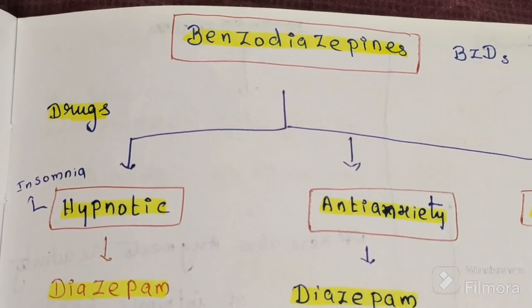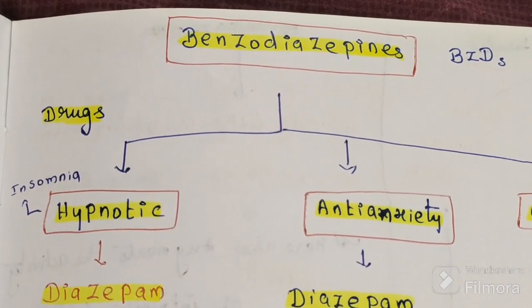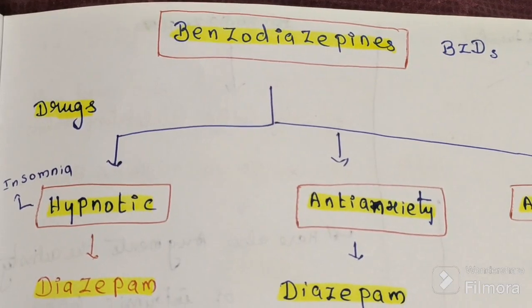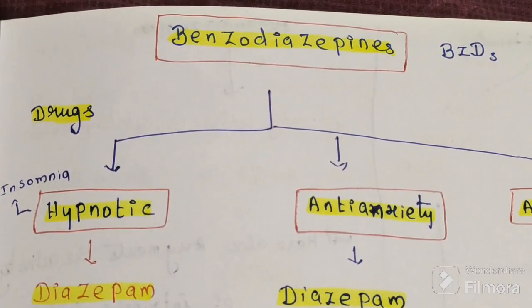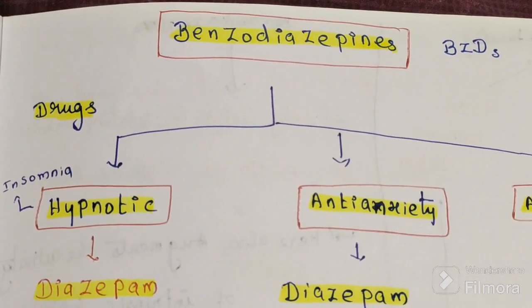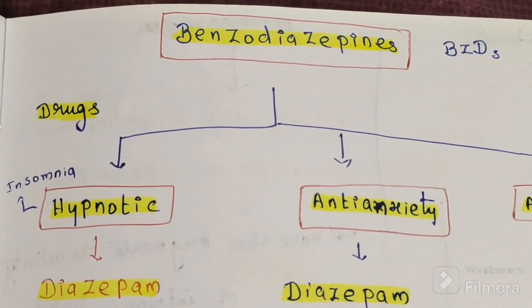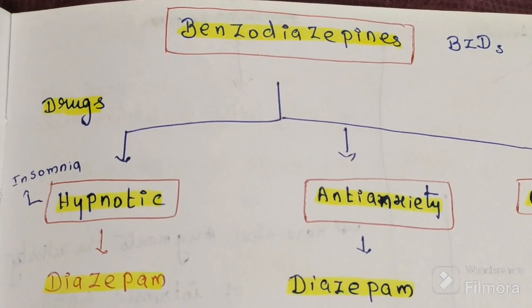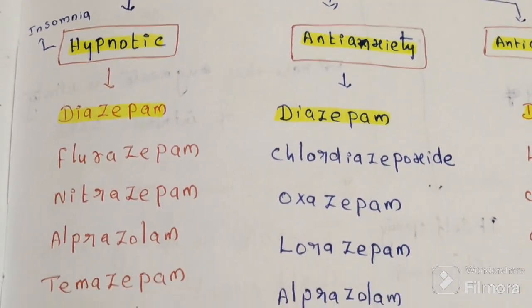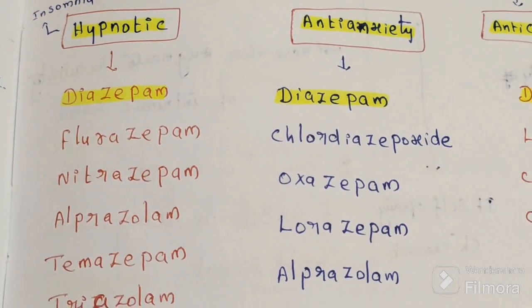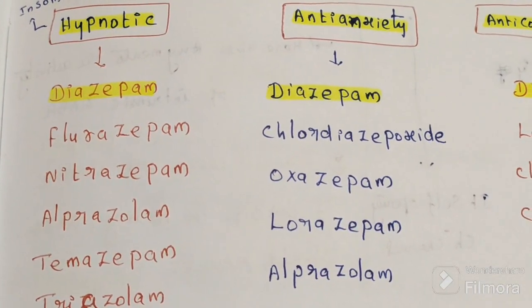In this video, we'll discuss benzodiazepines. This one is the better version, compared to barbiturates. How many drugs do we have? We have many drugs. Some are used as